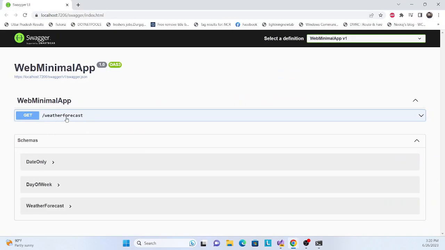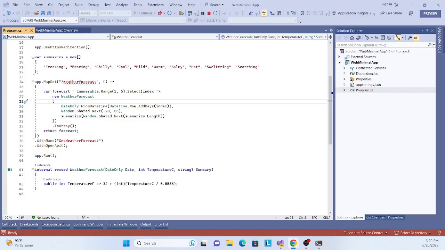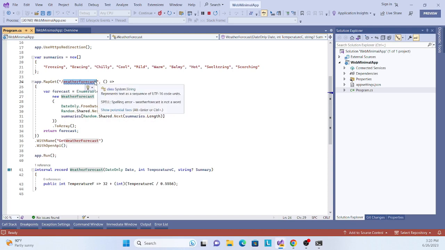So if you see this weather forecast which we saw here, I create a better forecast. If you want to change any name, that name will be changed over. So for example, if I change weather forecast to new,